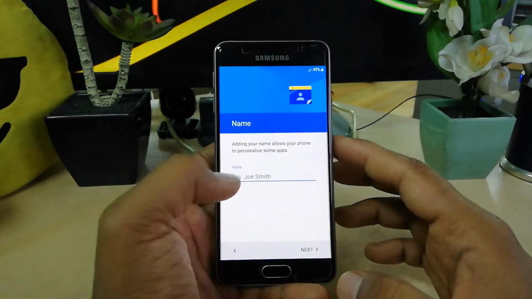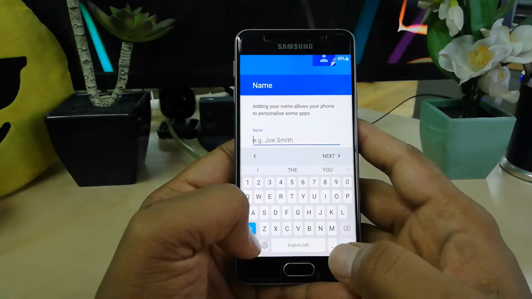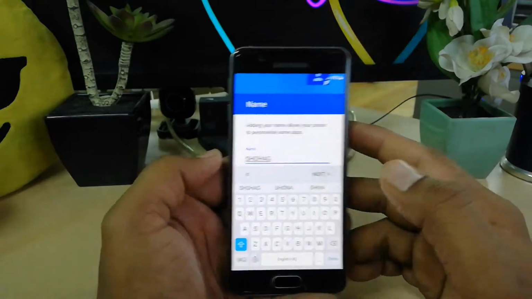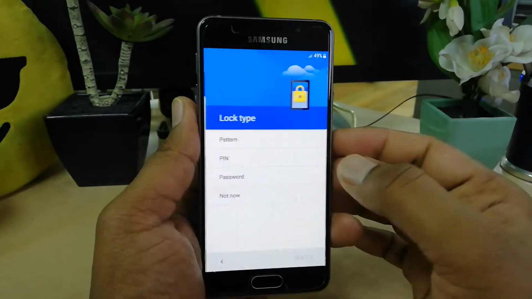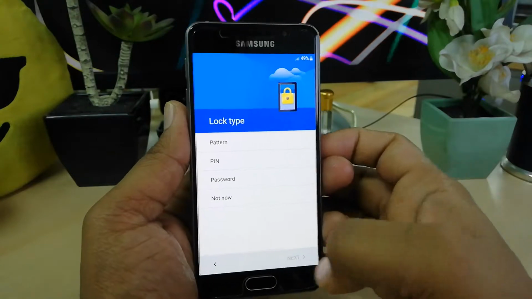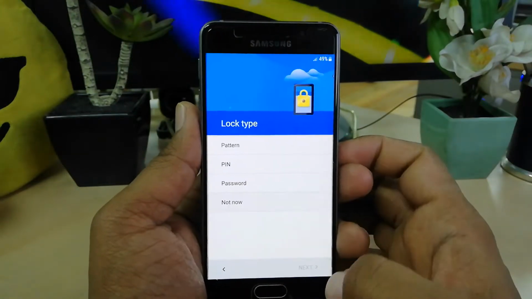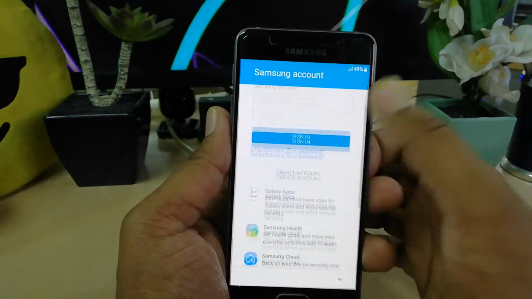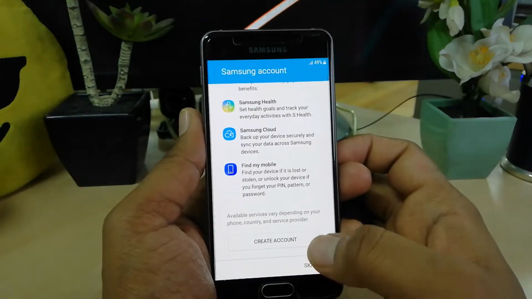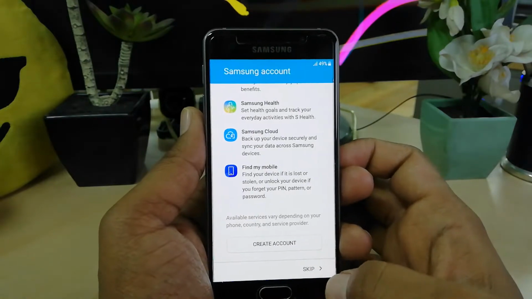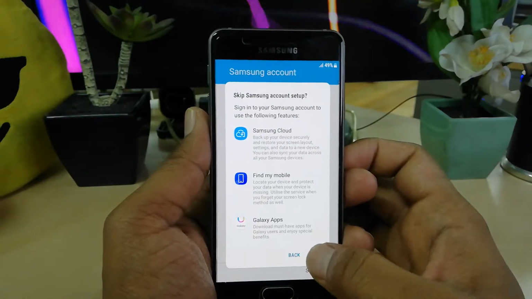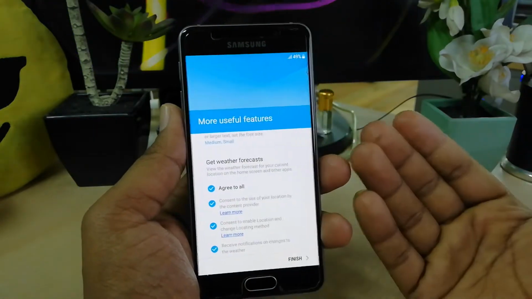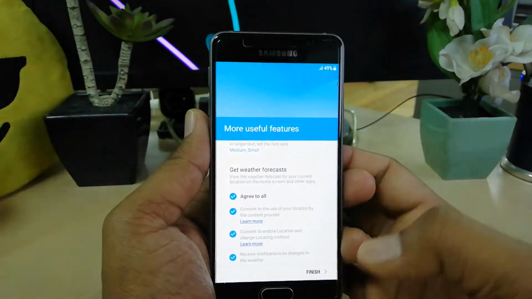And here give a device name. I'm going to give my device name and then click on next, and then you can set a pattern, PIN or password. I'm choosing not now, I will set it later on, and then you can add your Samsung account if you like. If you want you can create a new account. I'm going to click skip, I will do it later, and then click skip and then click on finish, and here we go. I'm going to click later again,